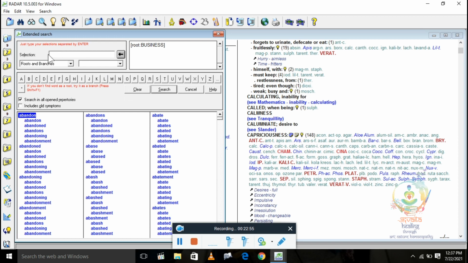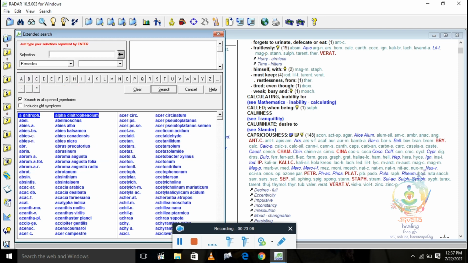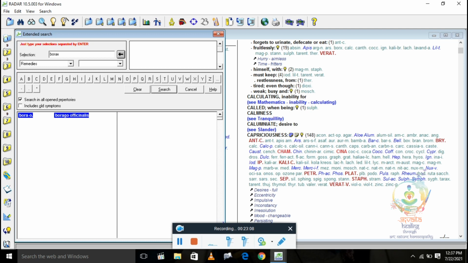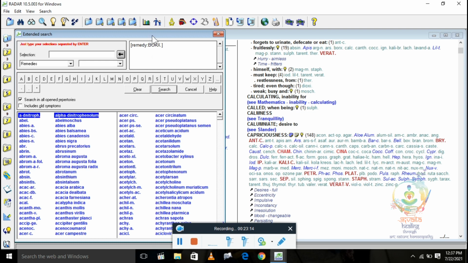Now let's see, if you want to read the rubrics of any particular remedy, like you want to read the rubrics of Borax venenata. Okay, so you will type here Borax, here it is Borax, you will click on it and Borax will get added here.